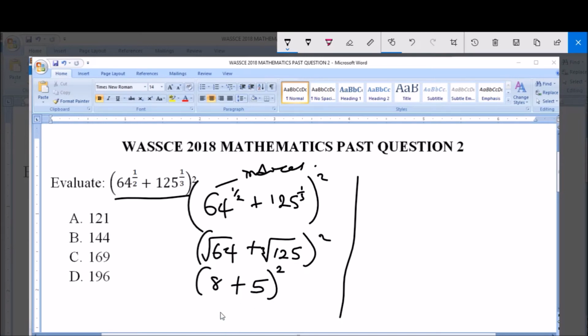So now 8 plus 5 will give us 13. So we're having 13 square, and 13 square is equal to 169. So 169 is the answer to this question, and that is option